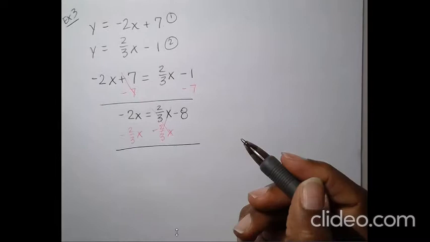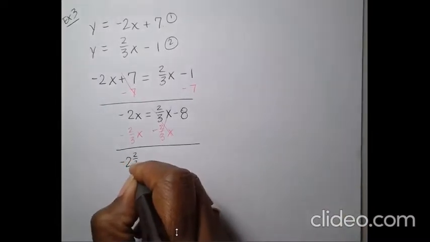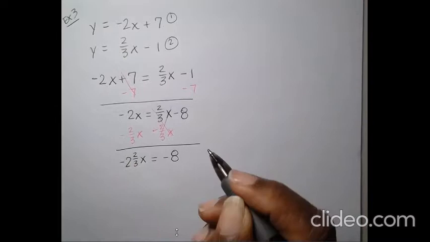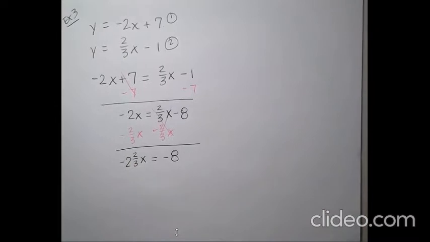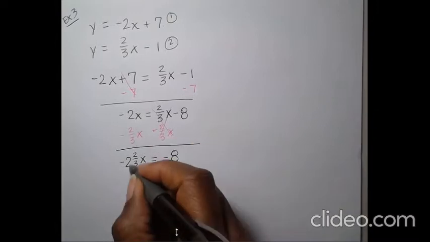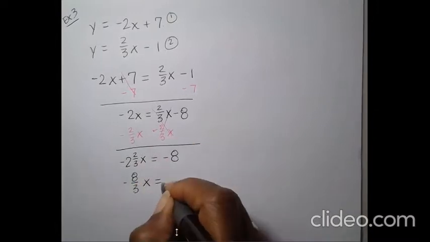I'm going to turn this into an improper fraction: negative 2 and 2/3, these two added together. So this is negative 8 over 3, x equals negative 8. In order to find out what x equals, we need to divide both sides by negative